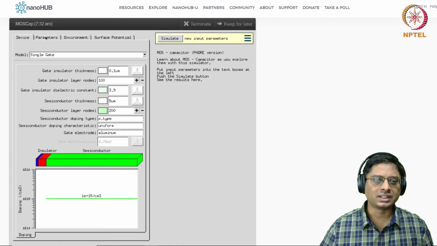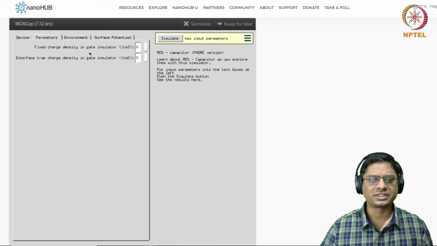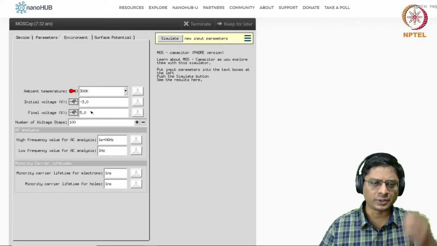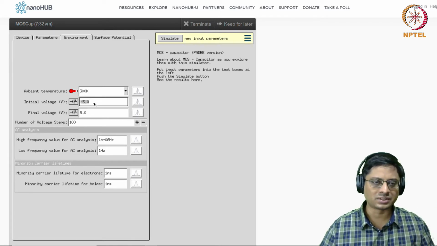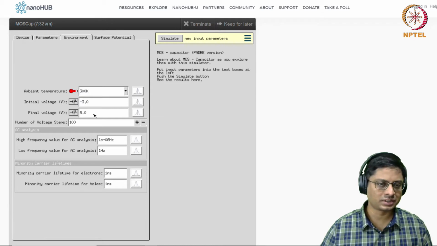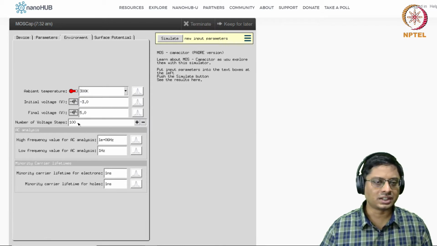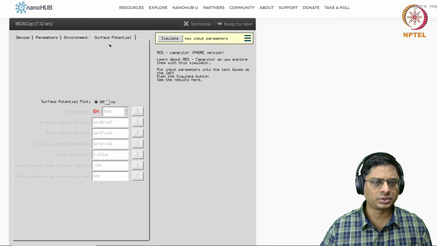Then there are some fixed parameters, like the oxide trap density, which you don't need to worry about right now. And then there is the environment tab, which tells you the range of simulations. You can run it from some initial voltage to the final voltage. The number of voltage steps is fine. The rest of the parameters are fine, we can leave them. And this too, you don't need to worry about.